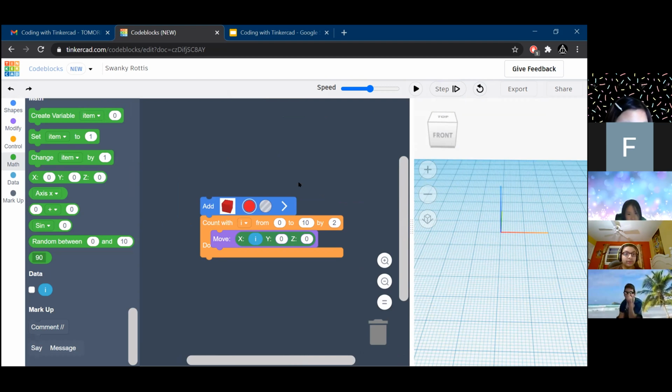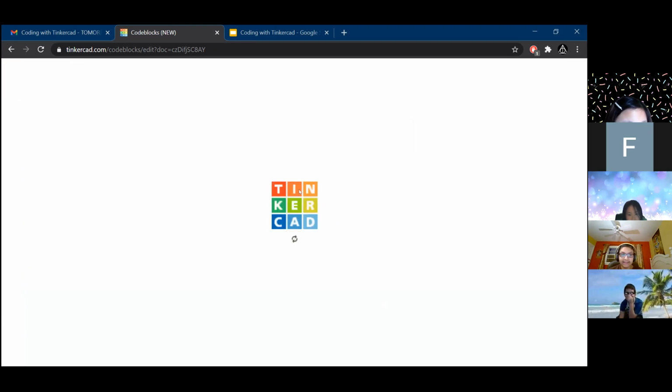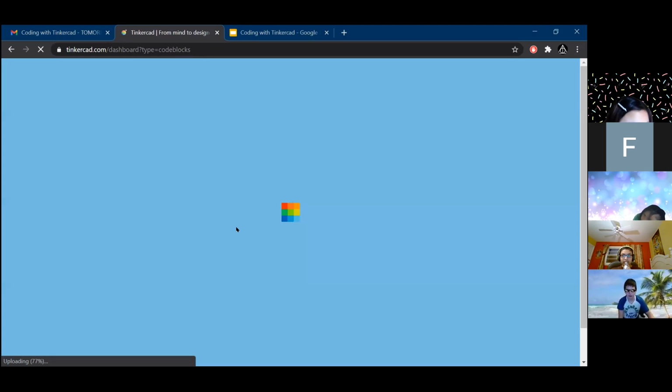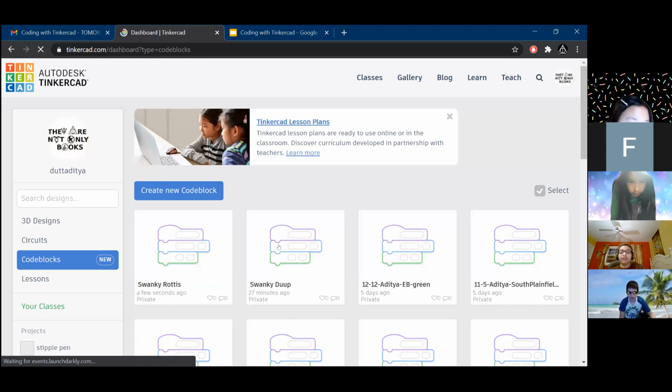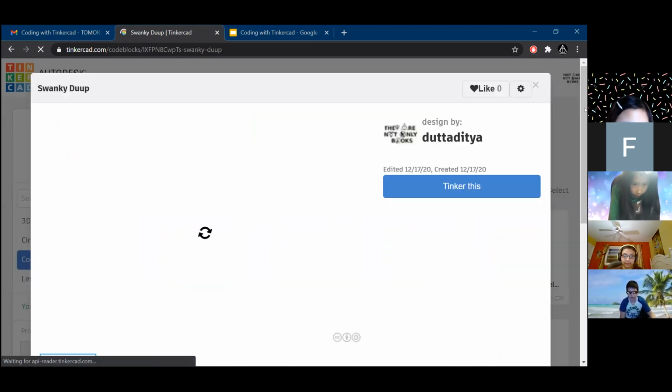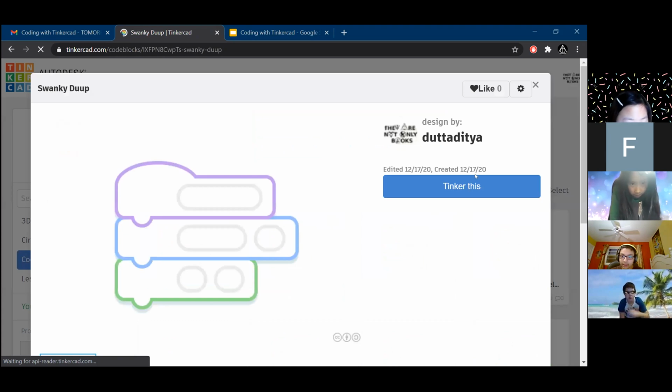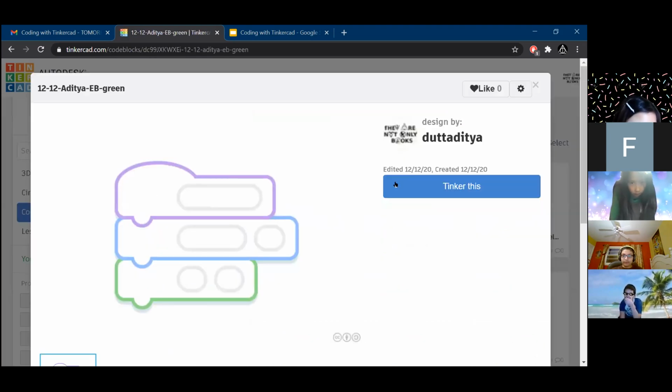So just to show you guys what the snowflake is going to look like, the thing with coding is that it's really easy to change around a few numbers, right? So if you change around a few numbers, your snowflake can look really different. So this makes sure that everybody's snowflake can be different if they wanted to. So I'll show you guys this one. This one I made for East Brunswick.